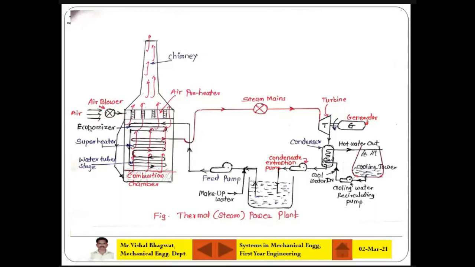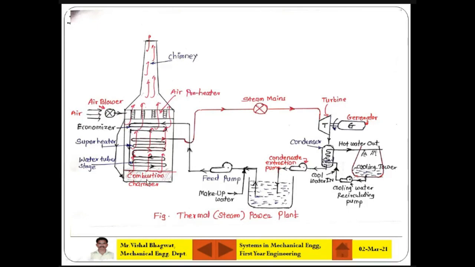This section of water tubes is called the economizer. Now, the name itself suggests something which saves your economy, which controls your economy. So, economizer. And what is happening here? At the base you see there is a combustion chamber, where you are burning coal or diesel. So the fuel is burned here.